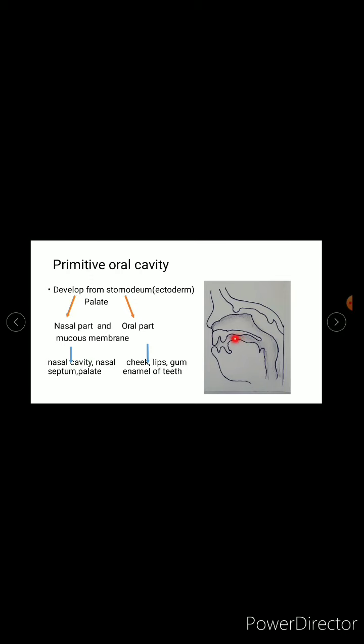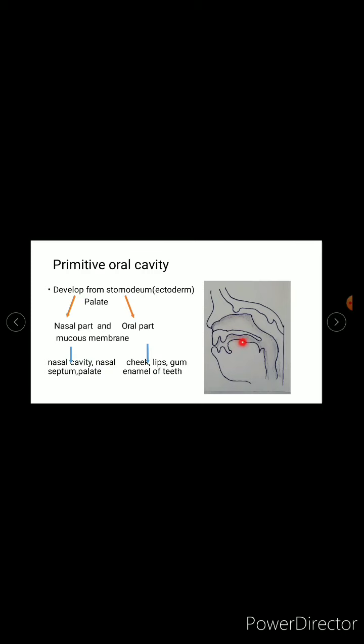Now, the oral component of this stomodium forms the mucous lining of the cheek, lips and gums and the enamel of the teeth, and the nasal component of the stomodium forms the mucous membrane of the nasal cavity, nasal septum and the palate. That means the roof of the definitive mouth is formed by the ectoderm of the stomodium, while